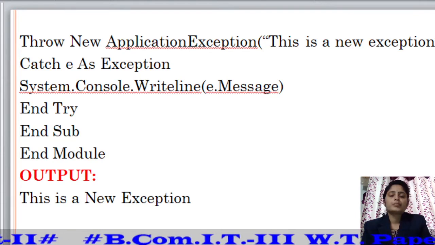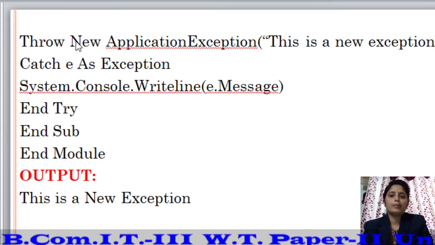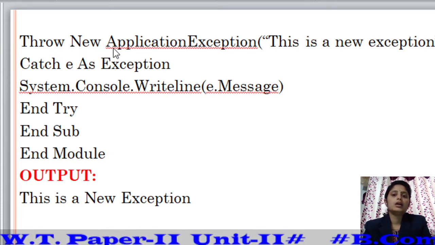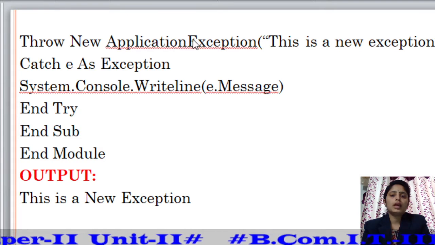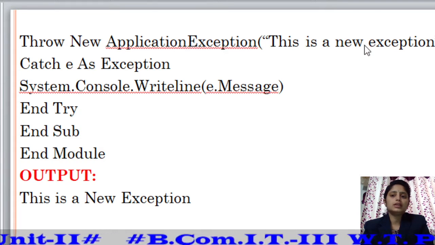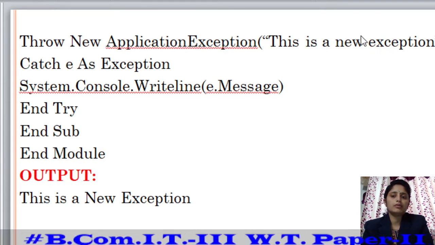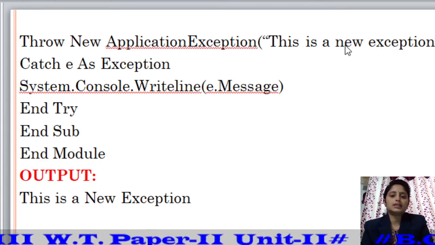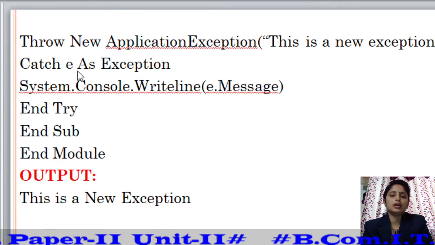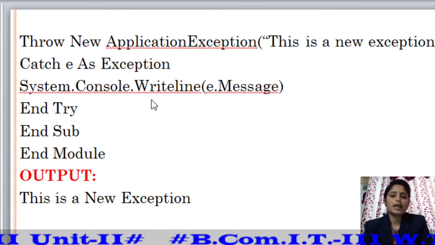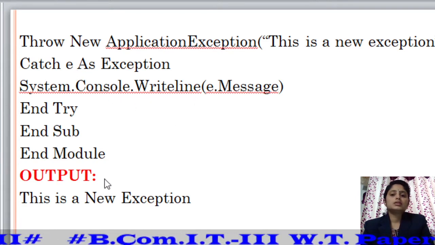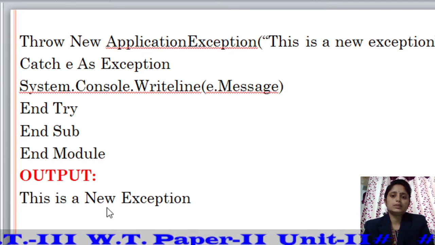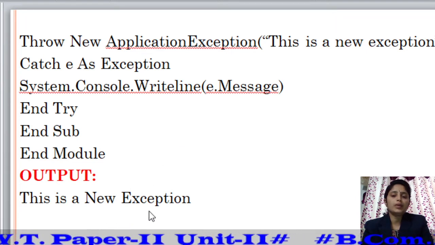In this example, in the try block a Throw statement is used with the message "This is a new exception", and this message is displayed in the catch block. So the statement written in the throw block is displayed as "This is a new exception". This will be the output for this program.